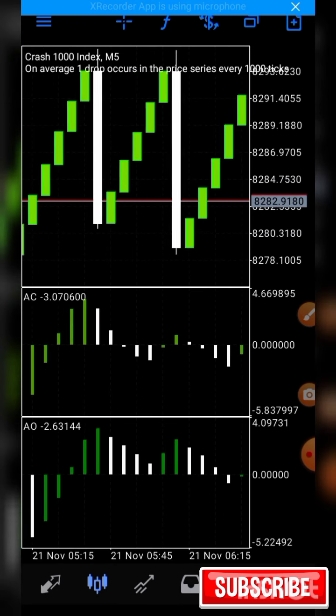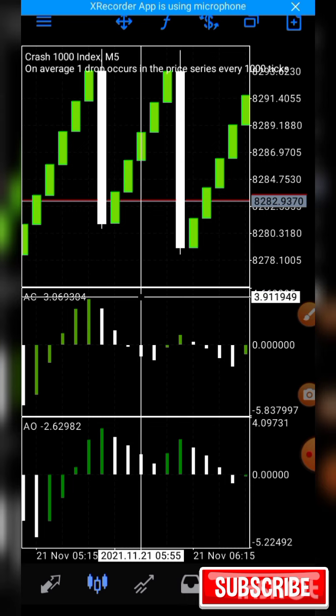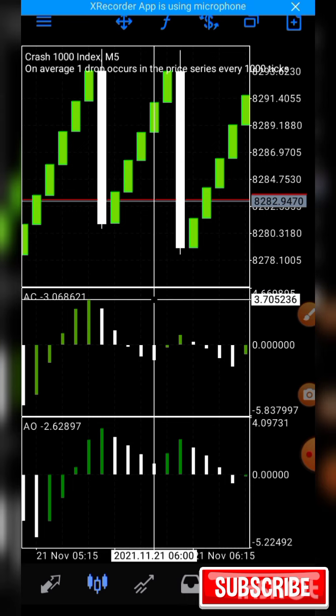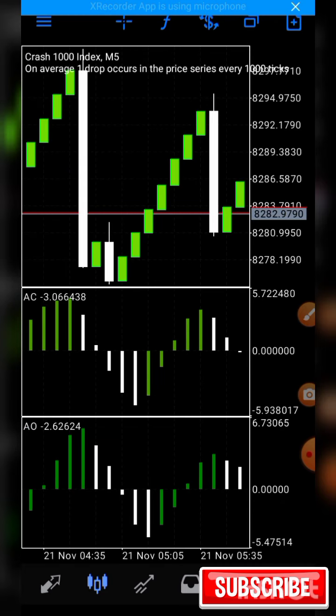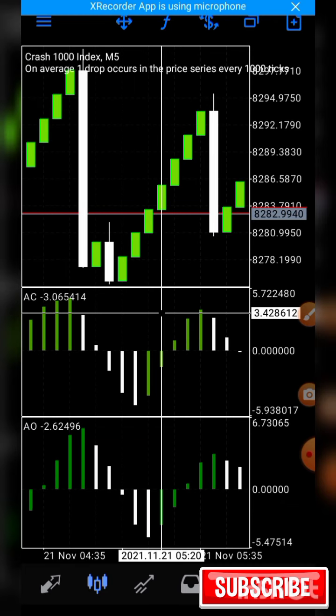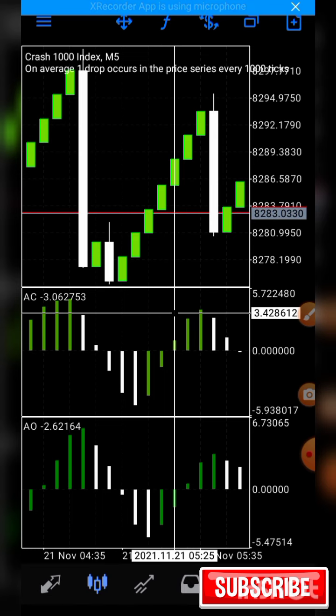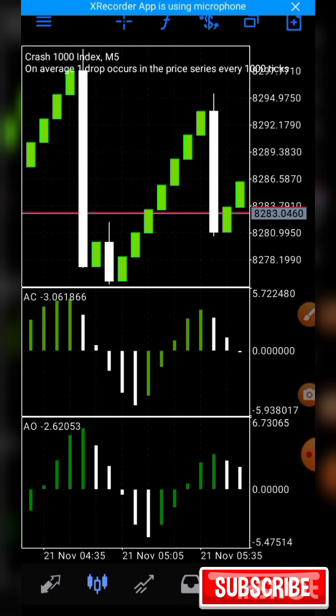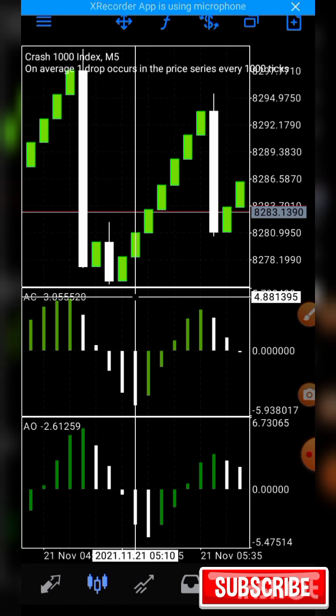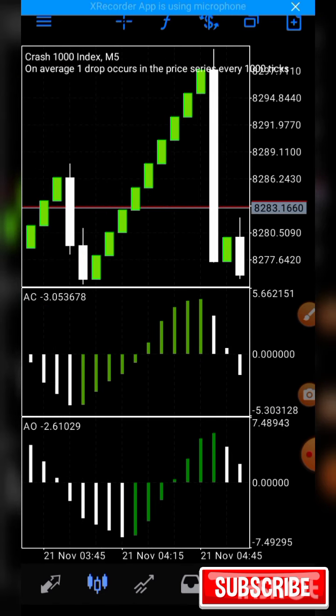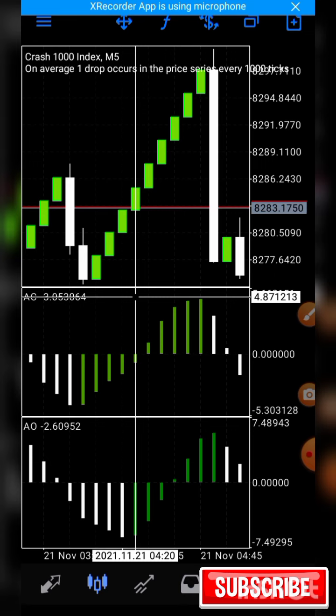Then we go again. This is another place. This is one of the reasons I said you should take only 2 candlesticks and you are out of the market. This is another trade. This is where the AC and the AO are becoming green. So you take 1, 2 and you are out of the market. But when you apply price action into this strategy, you will make more. You will take 15 candlesticks, but you should know when to get out of the market with price action. So let's go. This is another trade on 5 minutes. You will have collected 1, 2 because all becoming green.